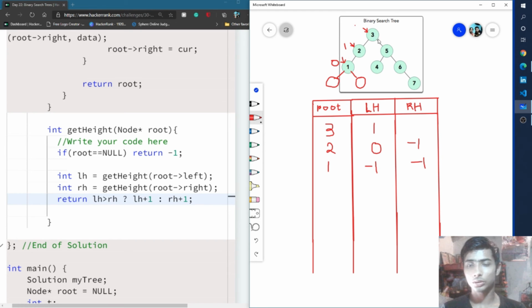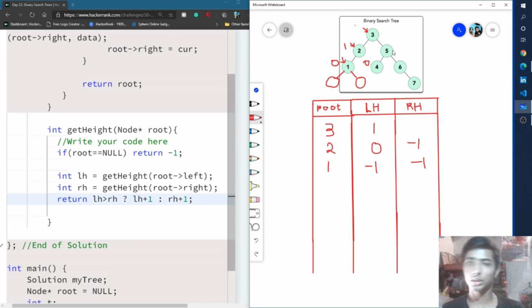So the right of the 3 node is 5, so this time it is called with 5, and 5 again calls root left, that means the left node of 5 is 4, so this node again calls the left and right side, and then this is a leaf node and no child nodes are present, that means here also two values are returned, which is minus 1, and then we finally return minus 1 plus 1, that means 0.